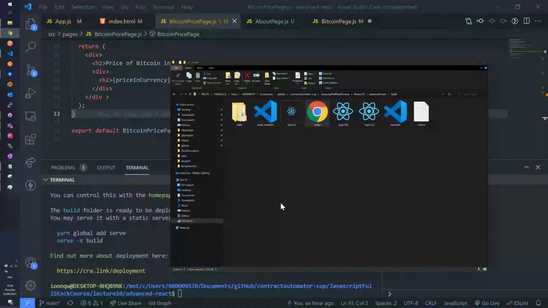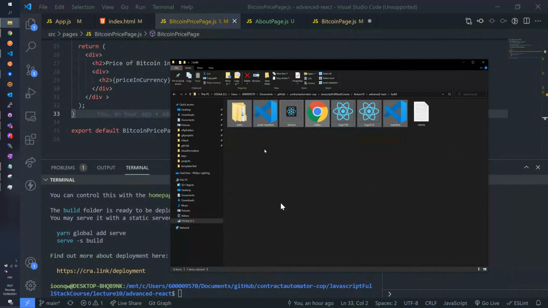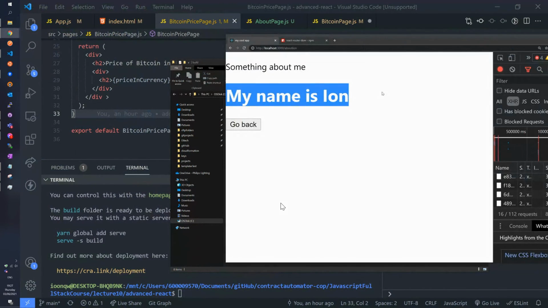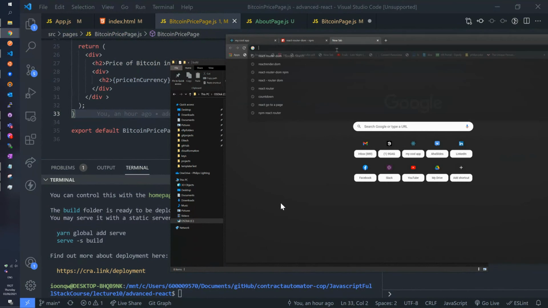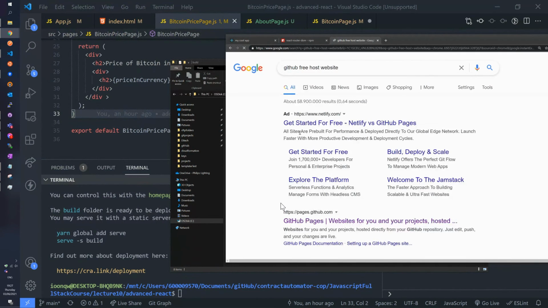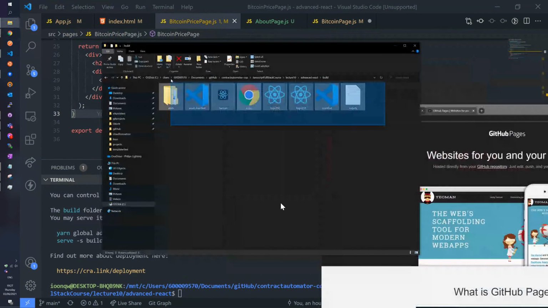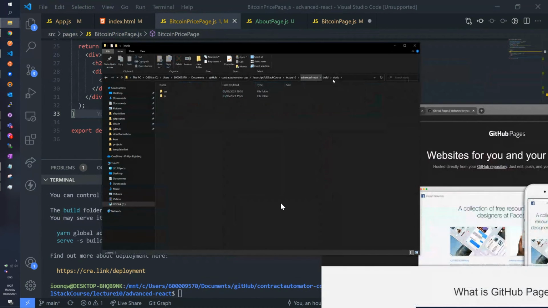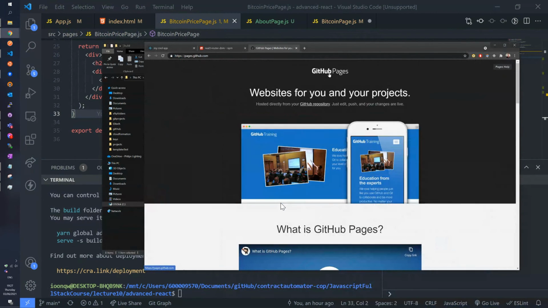Okay, sorry. Yes. So if I now take all these files and host them, for example, with that live server, I will see exactly this, right? So if you're looking at one of those free hosting services, like what was it? GitHub's free website hosting. What was it? GitHub Pages, right? So I can pretty much take all this output, all these files, and put them inside GitHub Pages, host them, and there's our website.